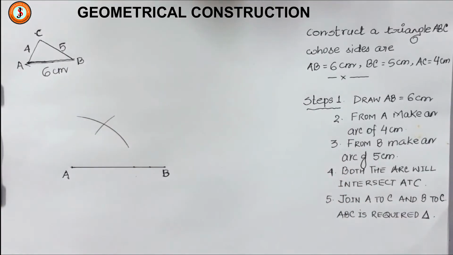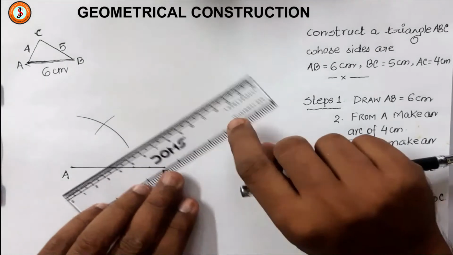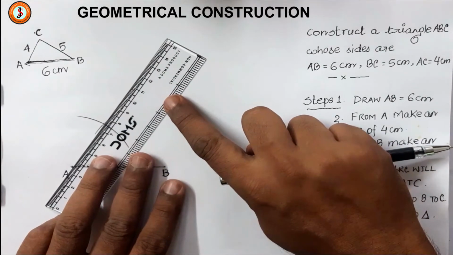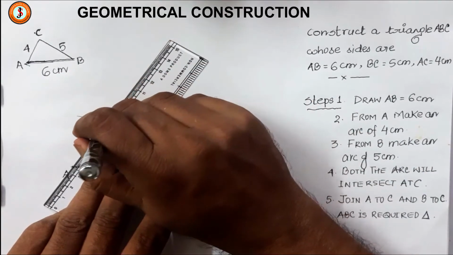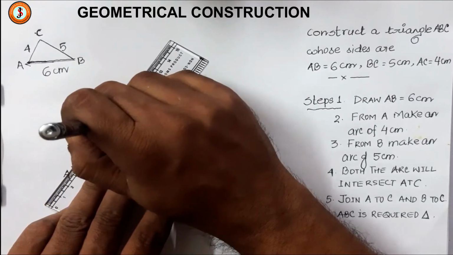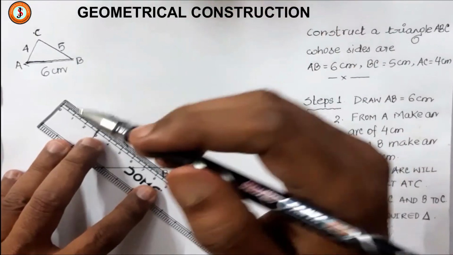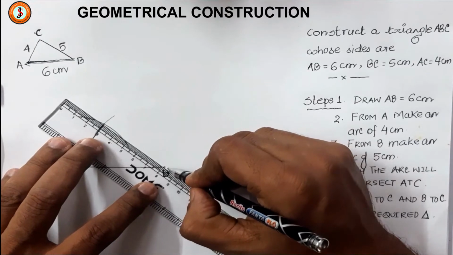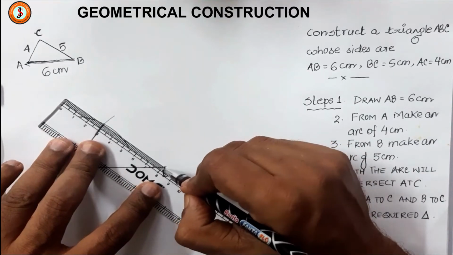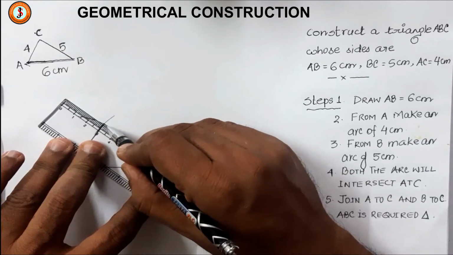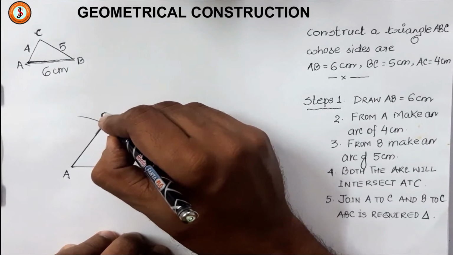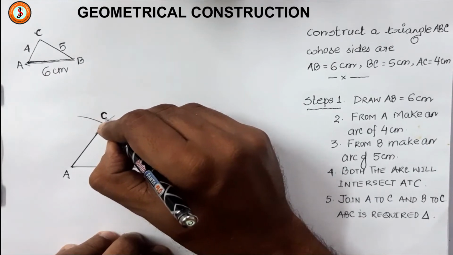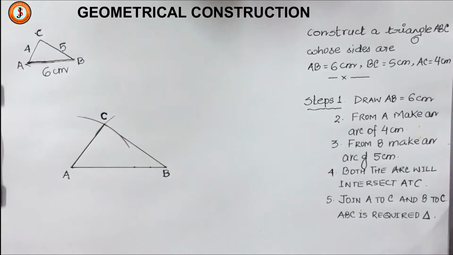So now, a very simple thing, I will join these lines. I am using a pen because a pen gives a darker image, but you all should always do it with your geometry boxes, just for better visualization. So this is our required triangle. Alright, this is the first thing you should learn. Now I'll put C over here. So ABC is our required triangle. Done. So this is the first question.